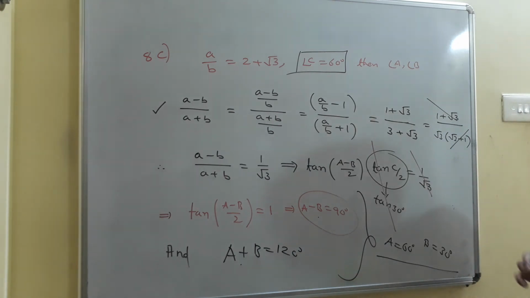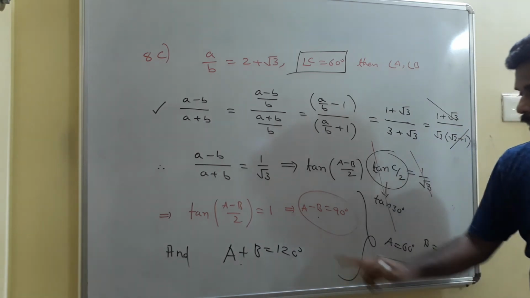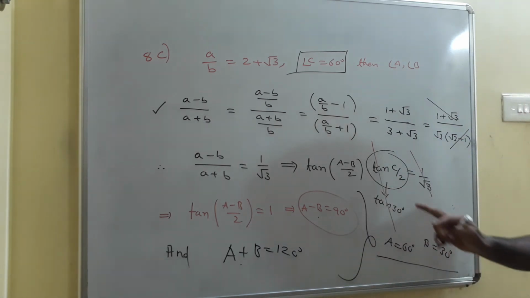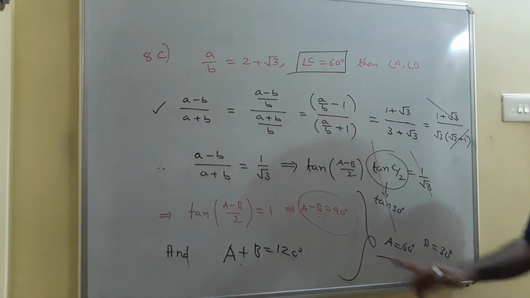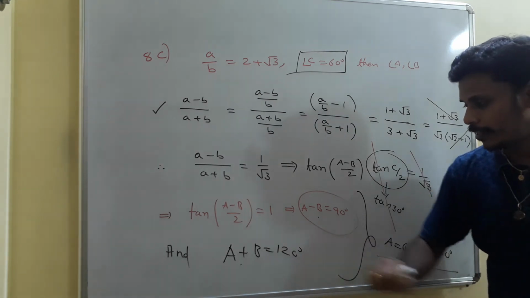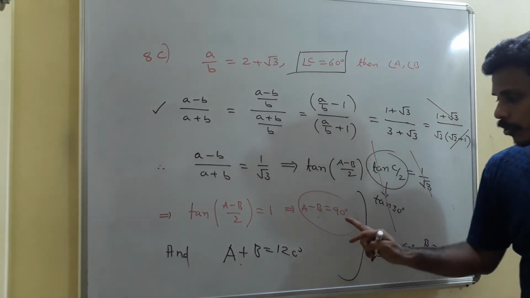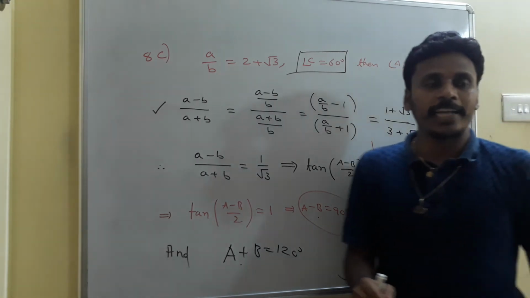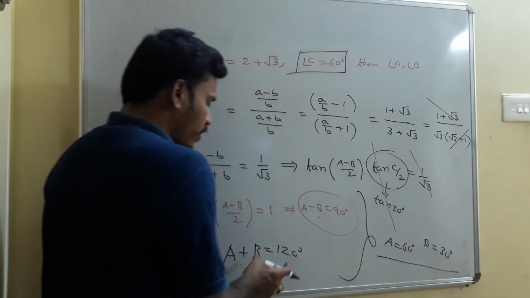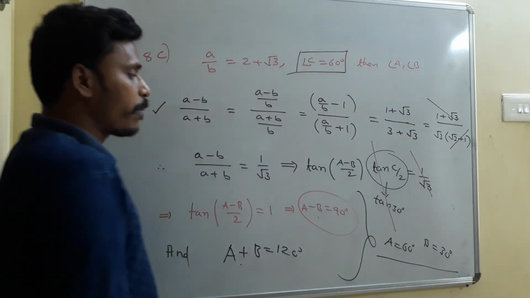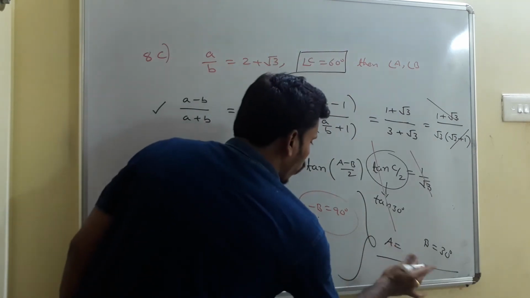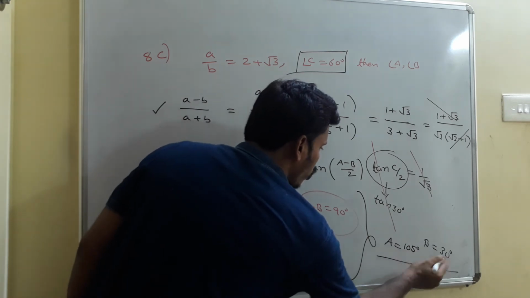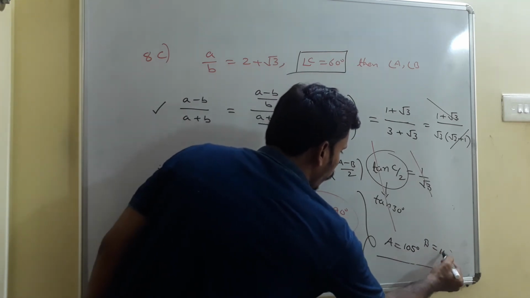Just a minute, right? A plus b is 120 and a minus b is 90. Okay, not like that, right? If you add these two, b will get cancelled. 2a is equal to 210 and a is 105, okay, and b is 15. Sorry, that was a mistake of calculation, okay. Since a plus b is 120 and a minus b is 90, if you calculate, you will get that a is equal to 105 and b is equal to 15.